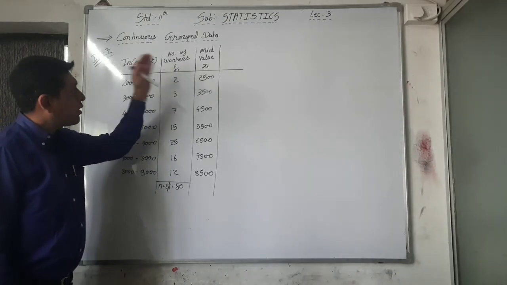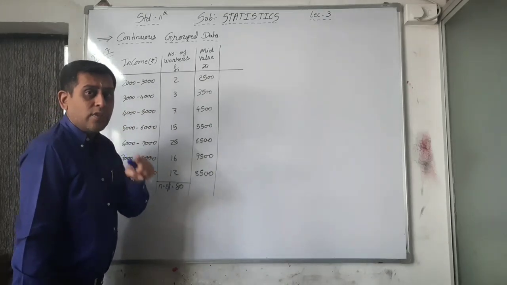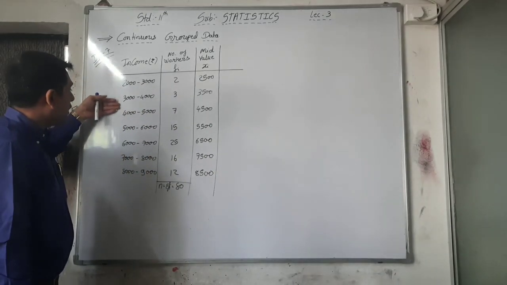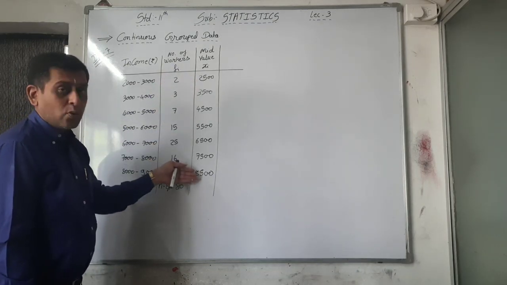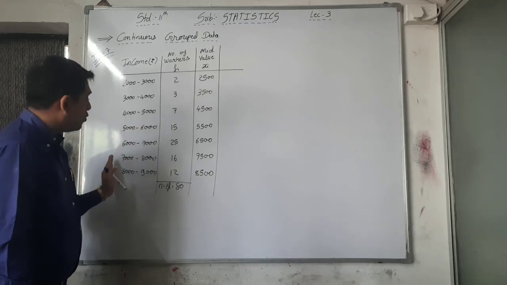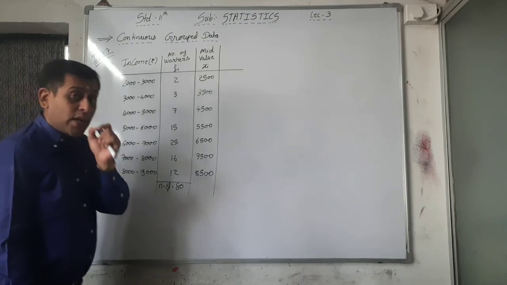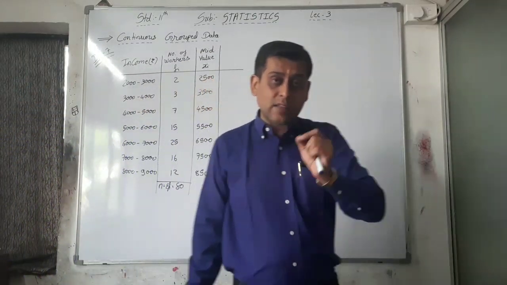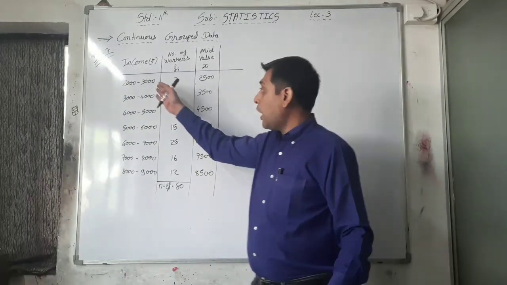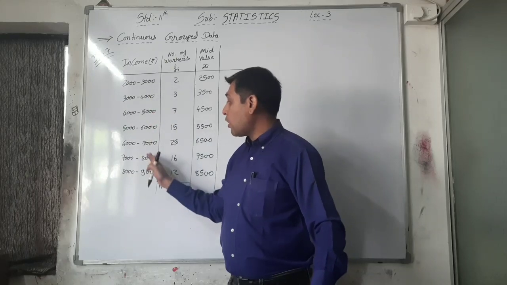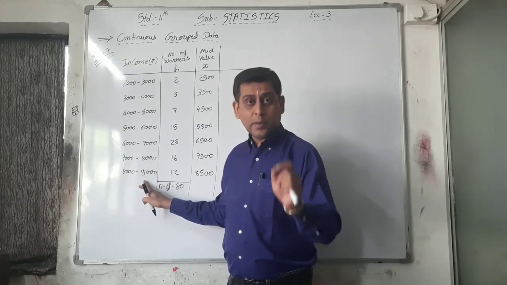Okay, so what I told you is that first of all you have to find the mid value of the first class, then you just have to add the class interval and you get the next mid value. You don't have to find it by this plus this divided by 2, this plus this divided by 2, because the class interval is equal. See, only when the class interval is equal can you do this, otherwise your answer will be wrong. So first you have to check that the class intervals of all the data are equal. Keep that in mind first.